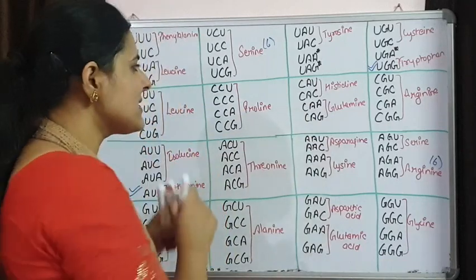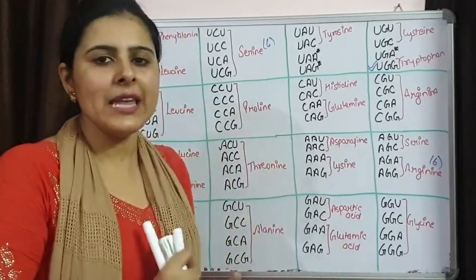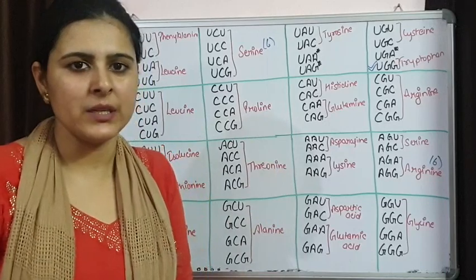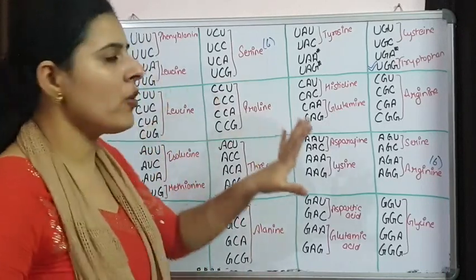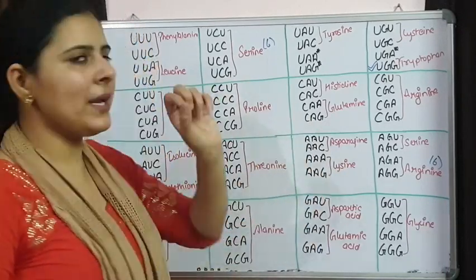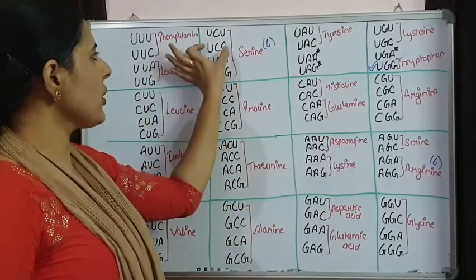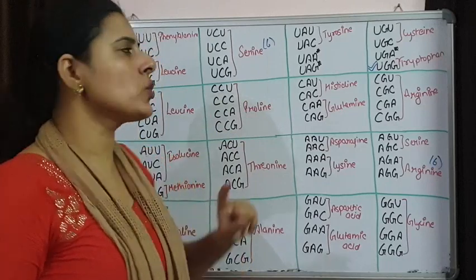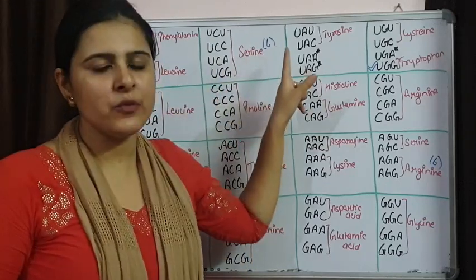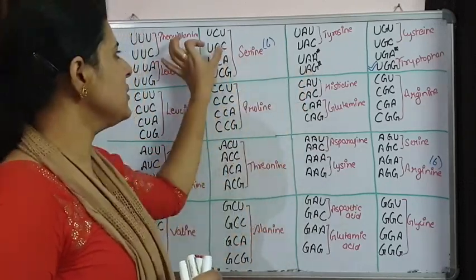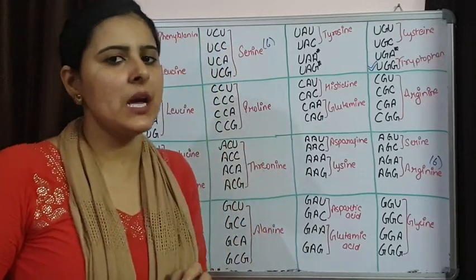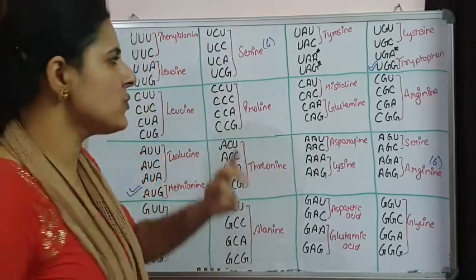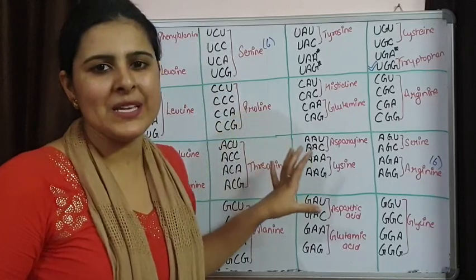So this is the standard genetic code that was given by Nirenberg. And this genetic code is specific, meaning if I pick one codon, say I am talking about UCC, UCC is always going to code for serine. We would never find that this UCC is coding for some other amino acid. That's why I am saying this is specific.